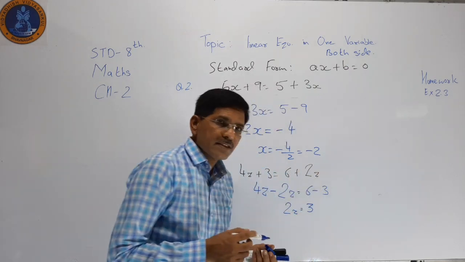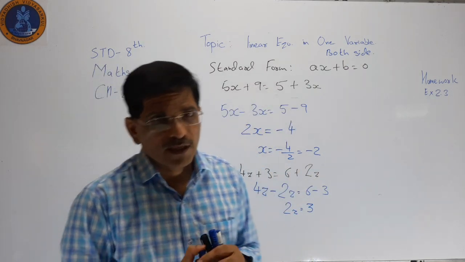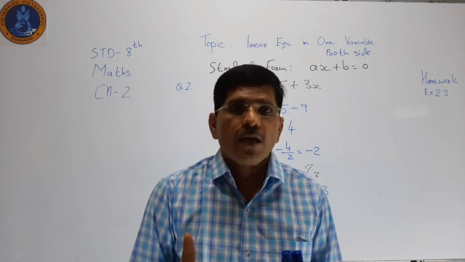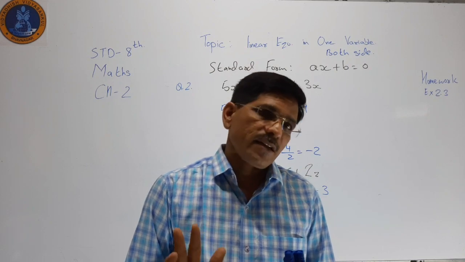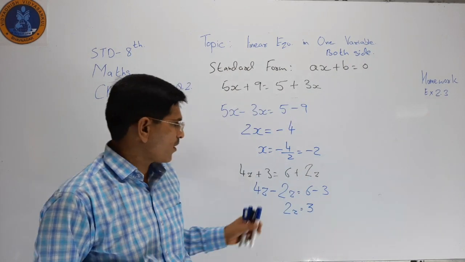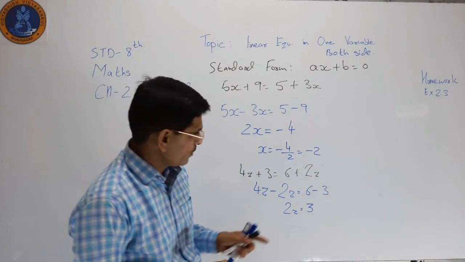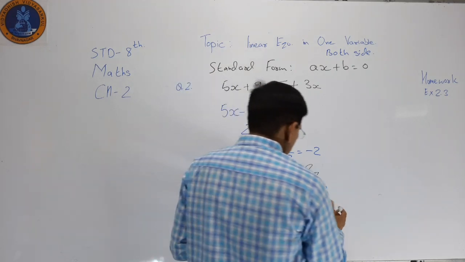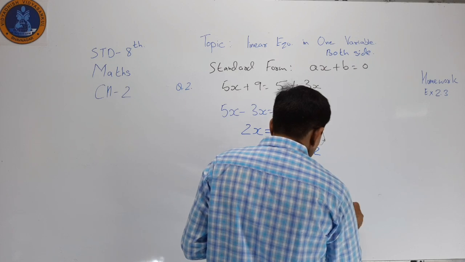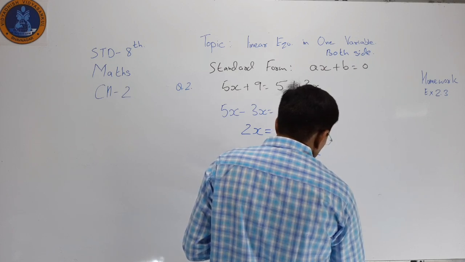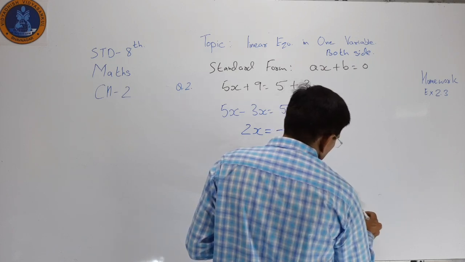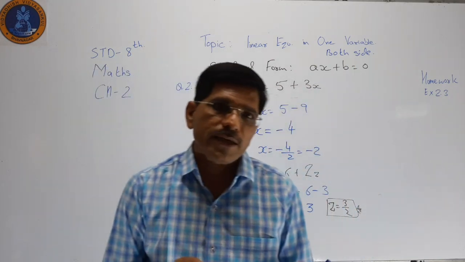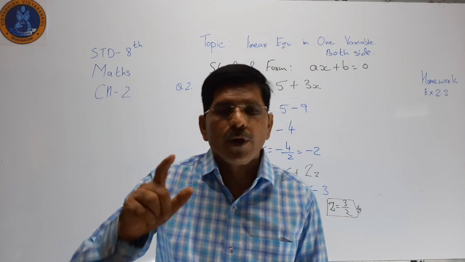Now you will see what the answer is. The answer may be a natural number, maybe a whole number, maybe an integer, maybe a rational number. So here it is in the form of p upon q, because the multiple should go to the divisible side. So the answer is 3 by 2. Now 3 by 2, that is the answer.